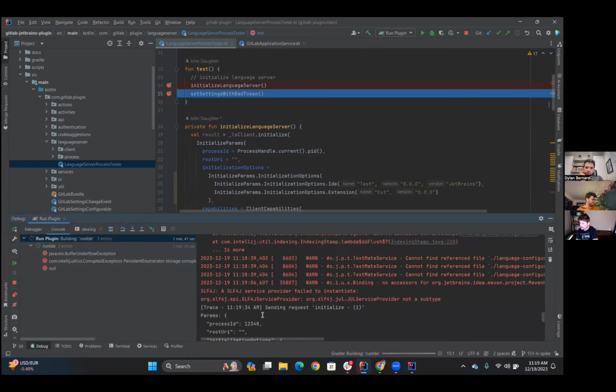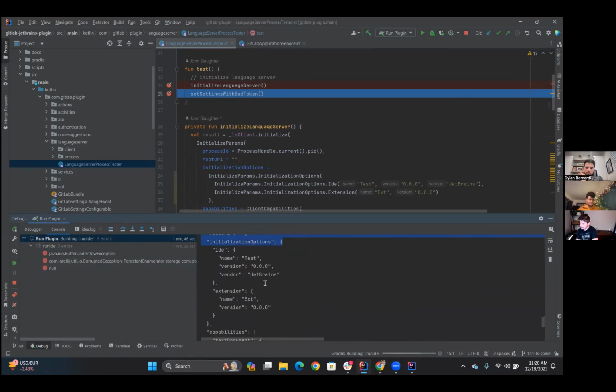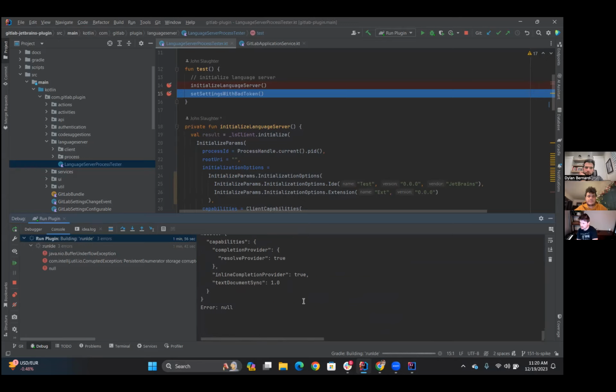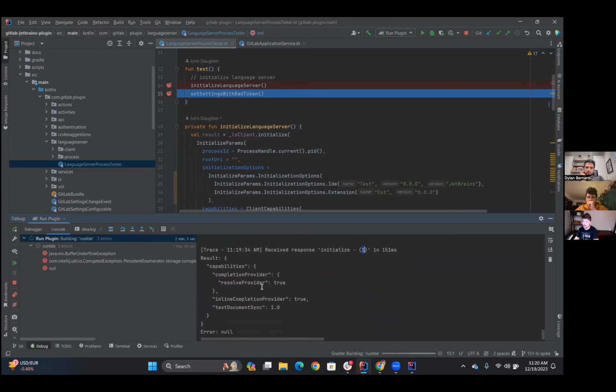But I'm also tracing out the requests that were sent. So we sent a request. These were the parameters for initialization. We got back a result. We can see here, this was the ID of the request. So it does an incremental ID for things and listens for stuff. So it handles both a request-response kind of format as well. We got back a response that included the capabilities of the language server, and then this returned an error